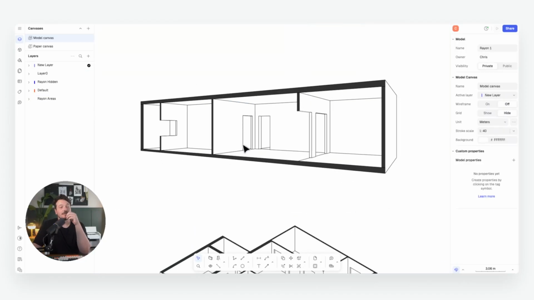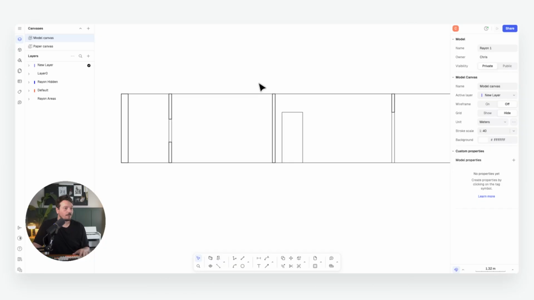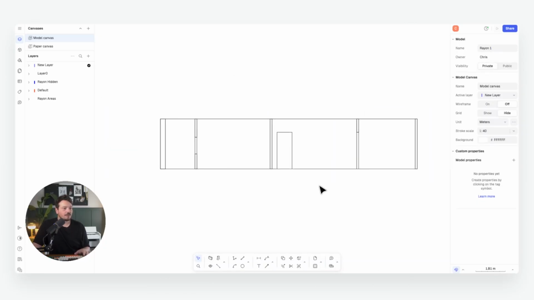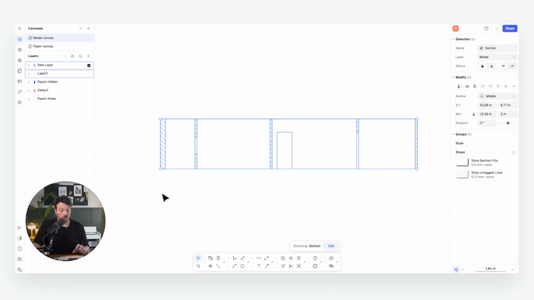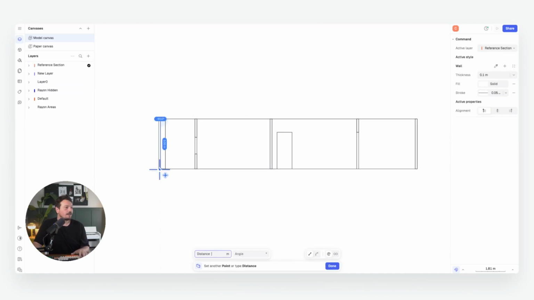There we go. So now it feels like you're looking into that space, almost like a little doll's house. And then exactly the same thing with the section. We could either use the section, for example, I could lock it. So I could put it on a new layer and say reference section, for example, and I could overlay these